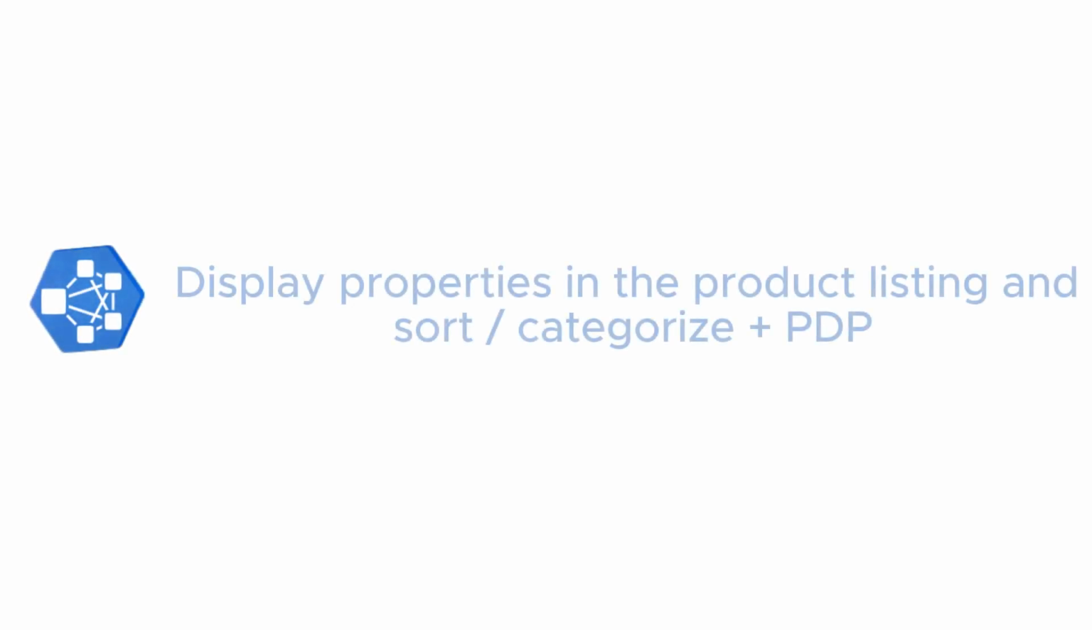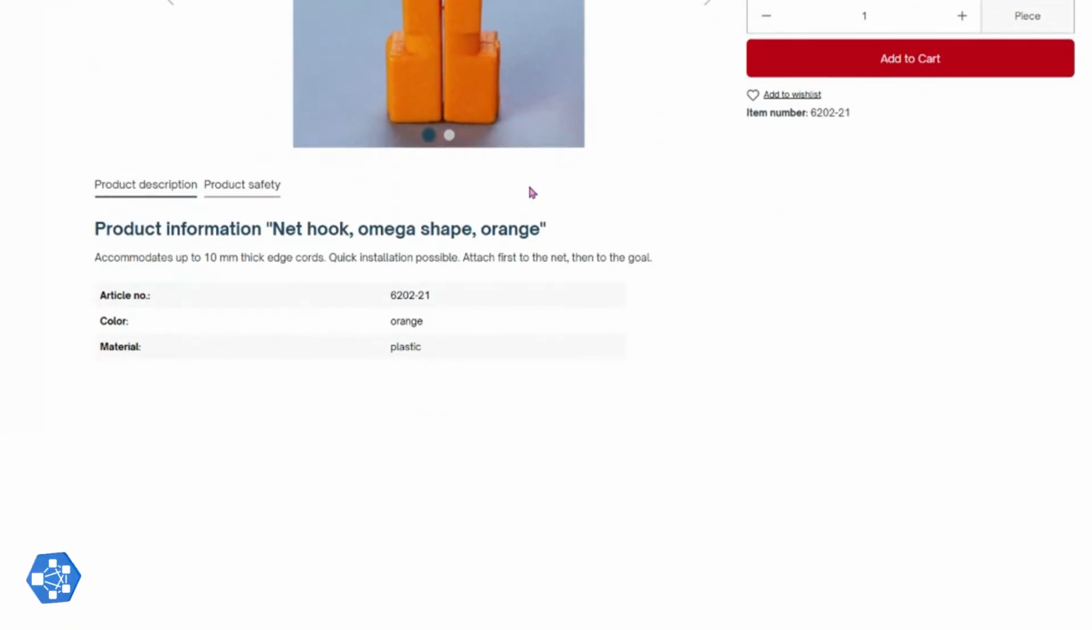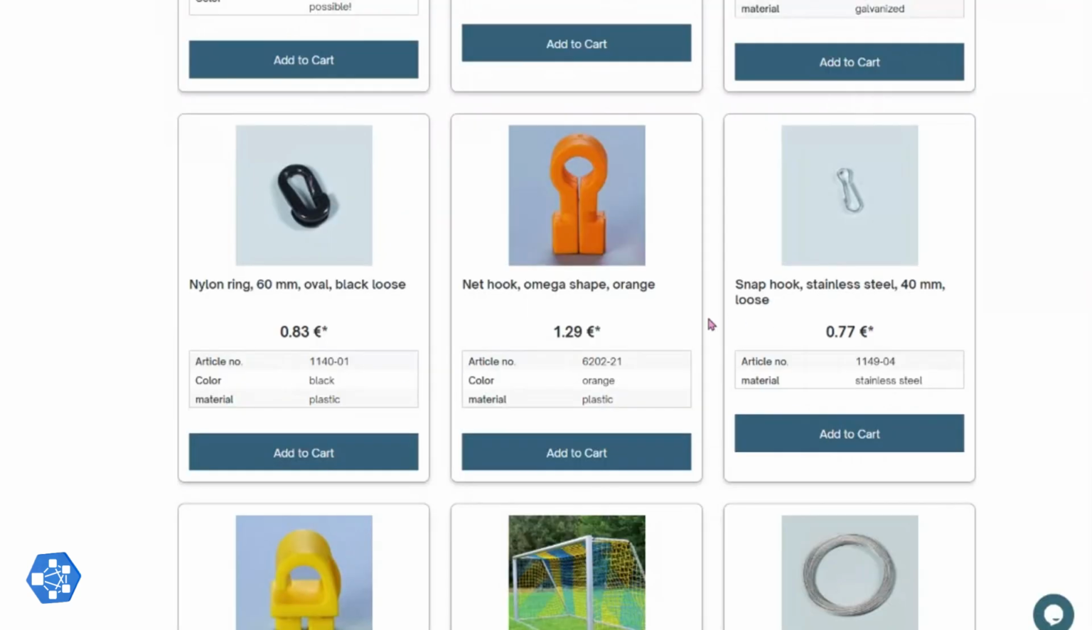Today we're introducing our plugin, Display Product Properties in the Listing and Sort, Categorize plus Product Detail page. Normally, details such as material, size, or color are only shown on the product detail page. With this plugin, however, these properties are displayed directly in the product listing. This means visitors can already see which attributes a product has right from the overview, without needing to open the